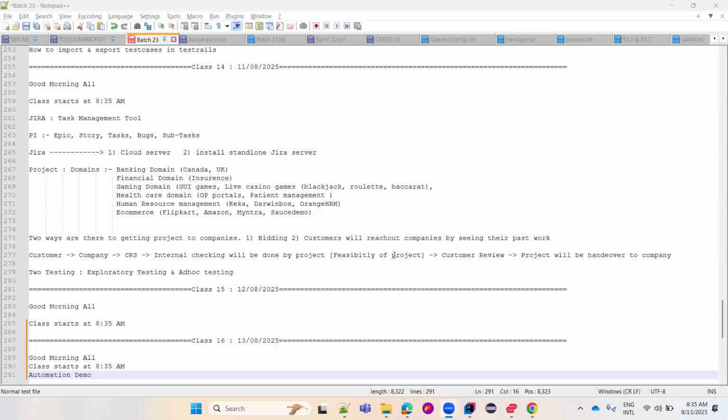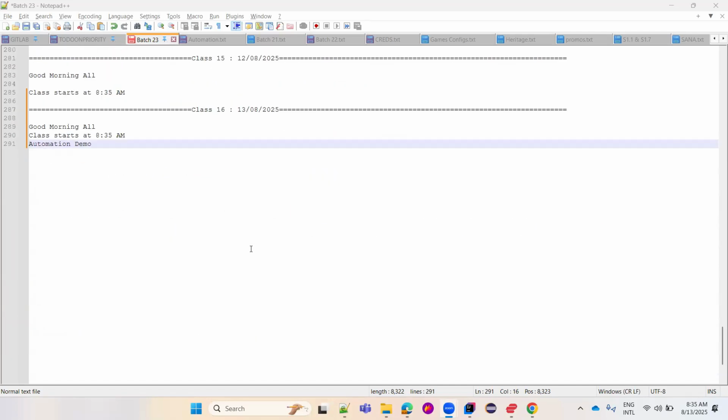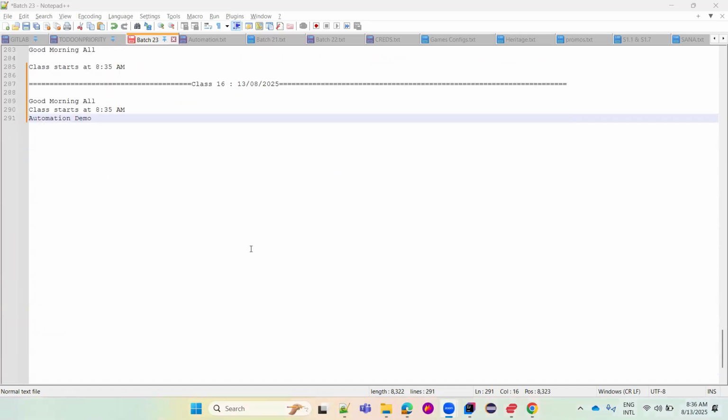So today and tomorrow we have the basic sessions on automation. What exactly automation testing is, what kind of cases we can automate, what tools we can use, and what the trending tools in the market are now. We are going to discuss a few theoretical parts today.